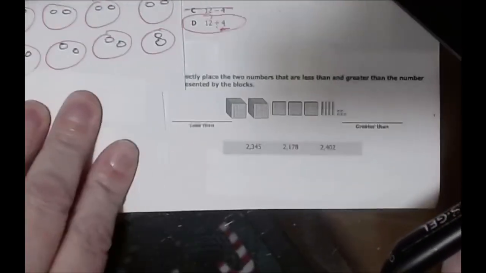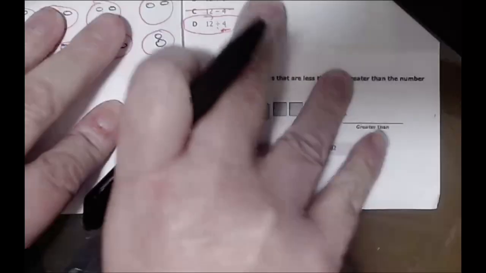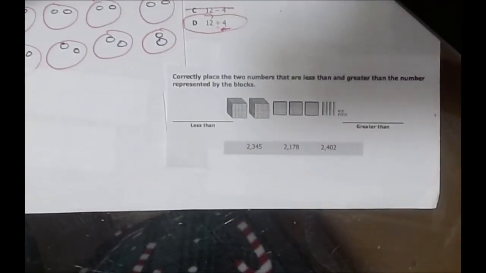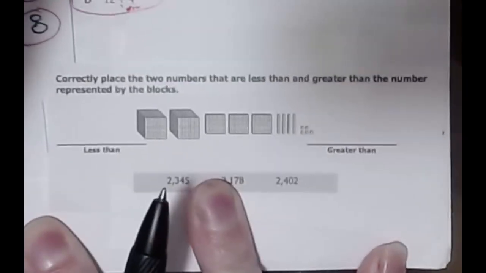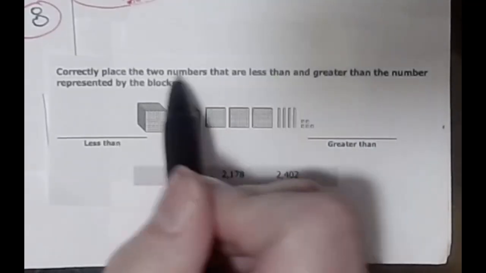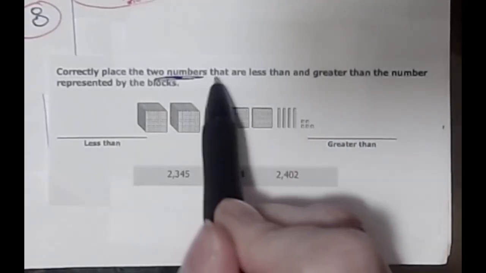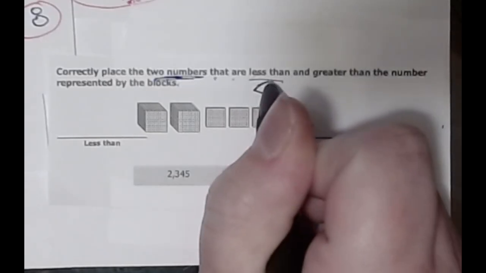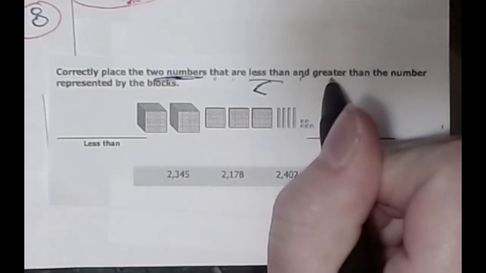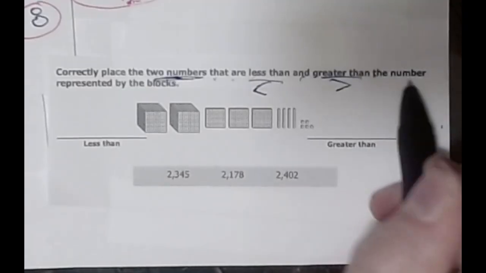All right, down here, oops. All right, it says correctly. This was a really hard skill, by the way. So make sure that your student is using the strategies. Correctly place the 2 numbers that are less than, so it'll look like that, and greater than the number represented